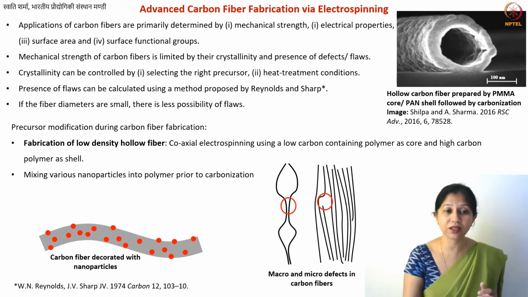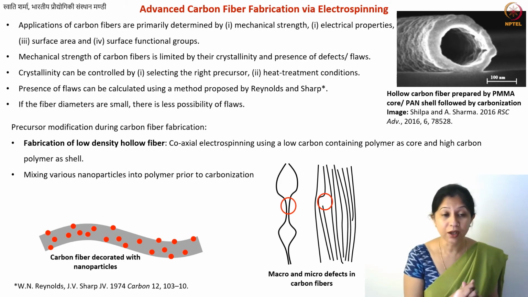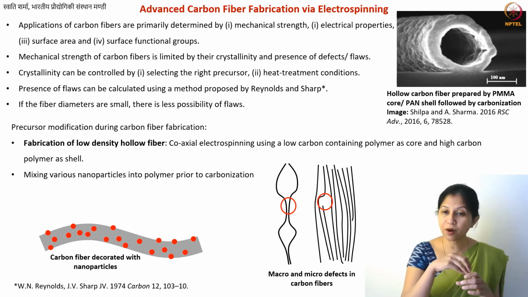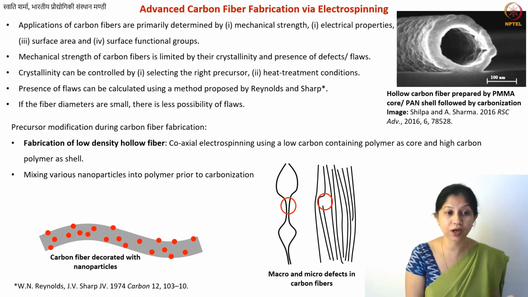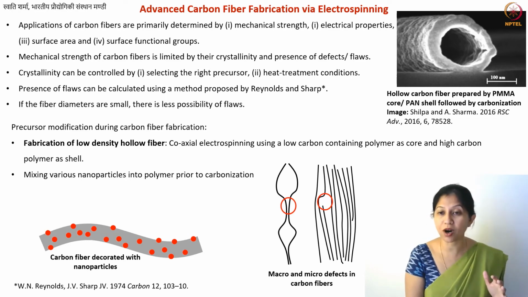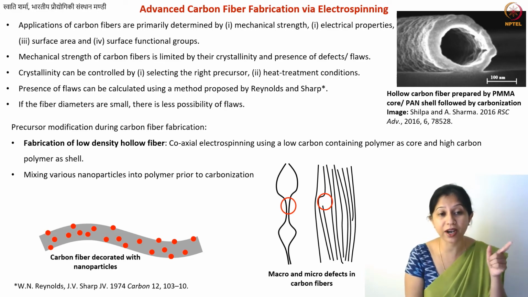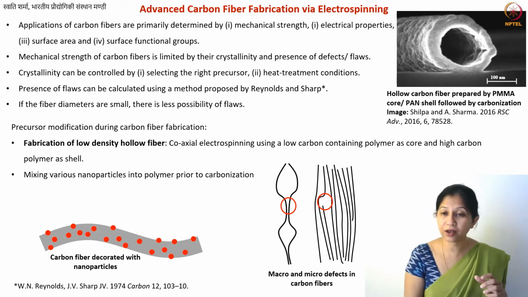What you can also do is mix a lot of additives, so any nanoparticles or even other carbon structures. I showed you in the previous slide that you can add carbon nanotubes. You can even add graphene flakes. You can add various nanostructures into your polymer solution. So when you're making your PAN solution, you can already mix these things inside and then spin fibers out of it. Of course, you will have to optimize. The most important thing is to optimize the concentration of your additive, because if it is too much, then the polymer will lose its spinnability. But once you optimize this concentration, you get fibers like what you see in this image, that have a lot of